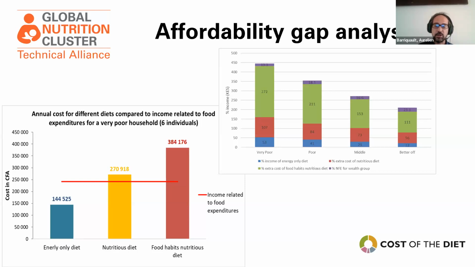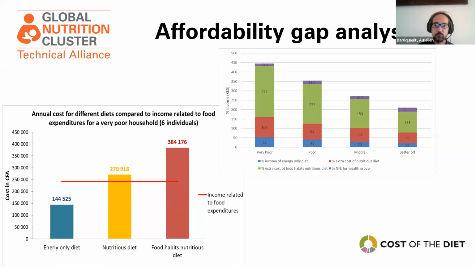In green is the percentage of extra cost of the food habit nutritious diet. And in purple is the percentage of the cost of non-food expenditures. You will see that for those 4 different wealth groups, some cannot afford the food habit nutritious diet, nor